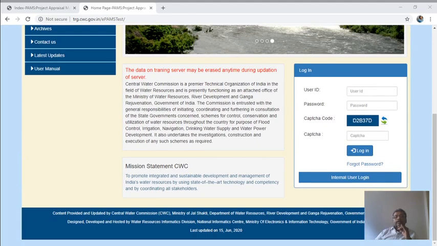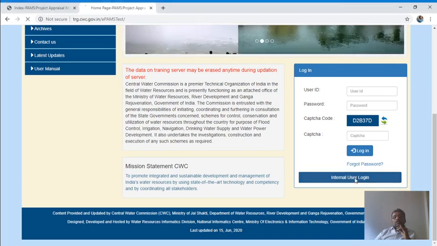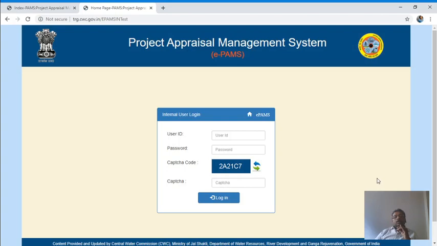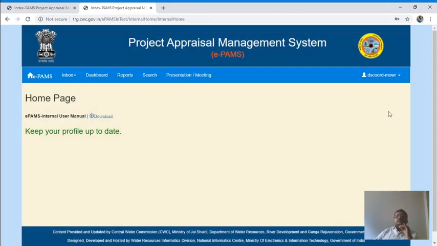As it is clear that CWC users are internal, so click on internal user. A screen will appear. Here you will have to log in. Here I am doing login with the login of the DS card. It is logged in to the system.